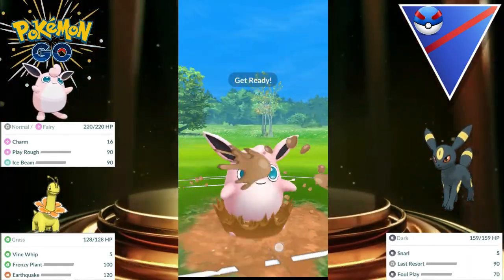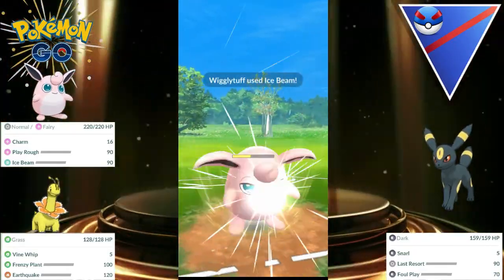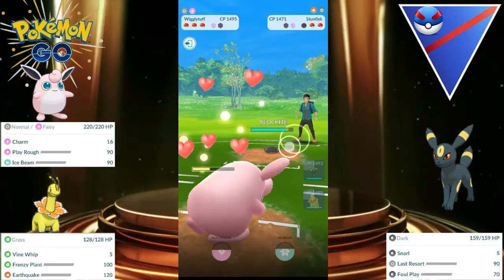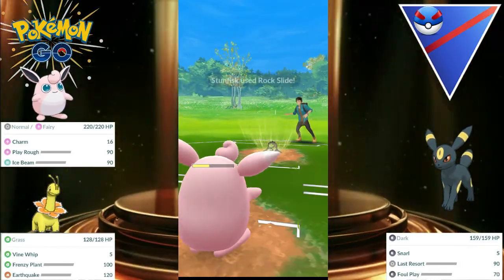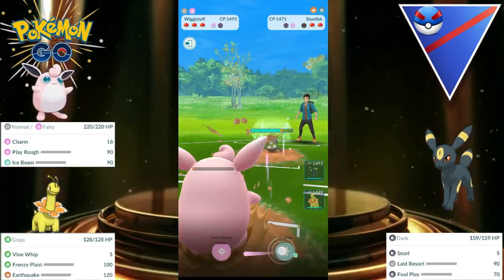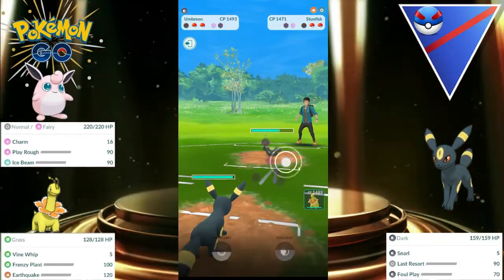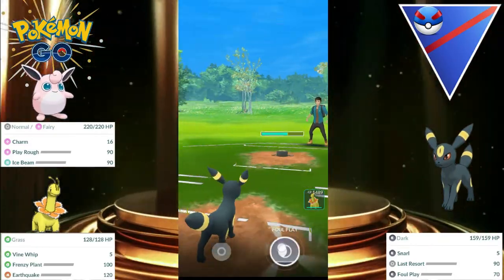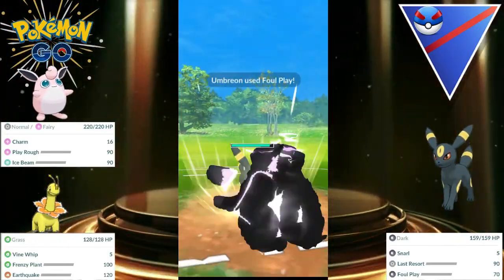Now a Stunfisk coming in again. We know we have a great option in the back with Meganium, and we can take the shield off the opponent there with our Wigglytuff. We won't be shielding that, we can survive and get a couple more Charms in, but we can't quite get to another Ice Beam there unfortunately guys. We can come in with Umbreon, go straight for the Foul Play, do a nice chunk of neutral damage on the Stunfisk,